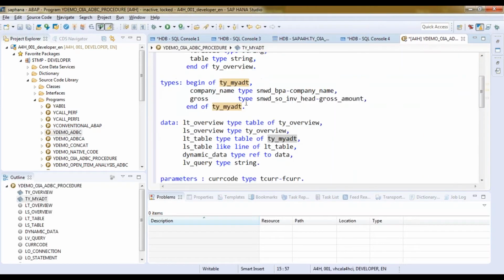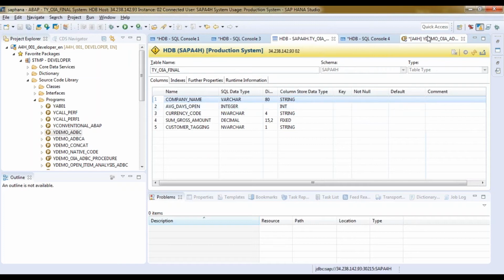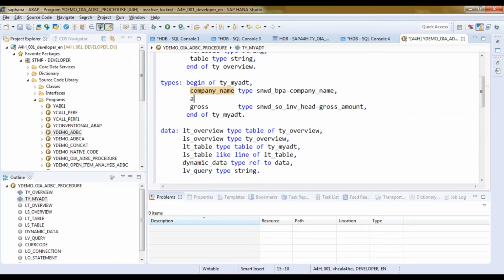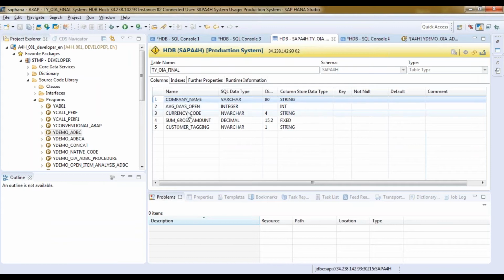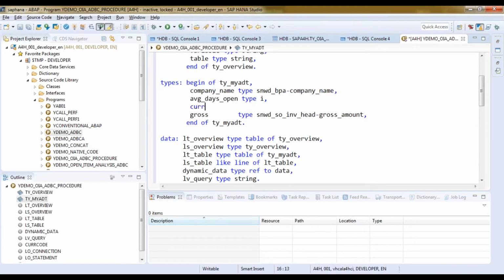So let's create this type. Company name is there. Next property is average days open. Let me create it: average days open, that's what is coming from HANA, type I. Then next it gives currency code and then sum gross amount. Let me use currency code type string.